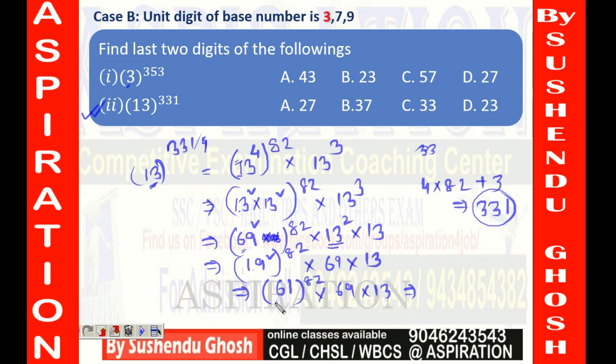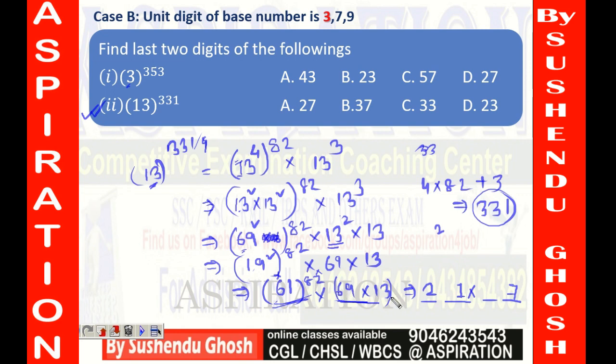So now you can see this is somewhat like what we have done in case A. We know that it will always give you 1 in the unit place. Now what will come in the 10th place? Unit digit of 6 multiplied by 2. 6 multiplied by 2 means 12. What is the unit place in 12? That is 2. So 21 multiplied by, if we perform the last two digits here, what we told you in the earlier session, how to find the last two digits of a multiplication form, it will give you 7 in the unit place. You have to keep 2 in your hand.